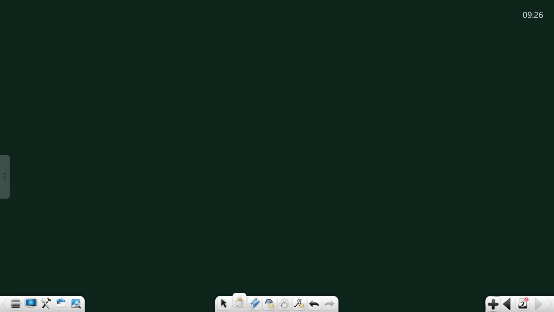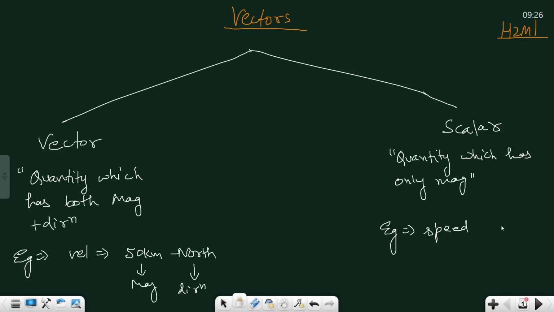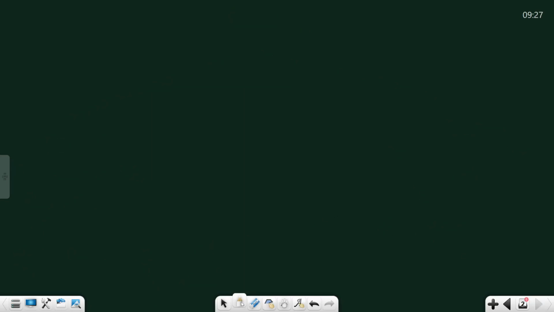वेक्टर के बारे में डिफिनीशन हमने यहाँ पे देख ली थी, लास्ट लेक्चर में भी देखी हुई थी. Now we will start what we will study in vectors. What will be the topic? Because we will not study scalar separately, because scalar is not a chapter, but in vectors you have to study different terms. The sequence will be, first one is